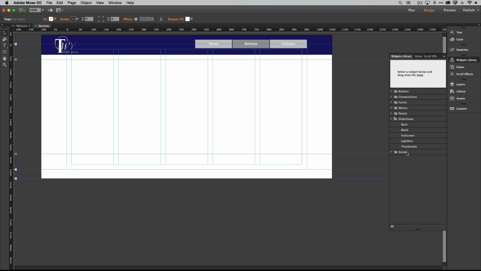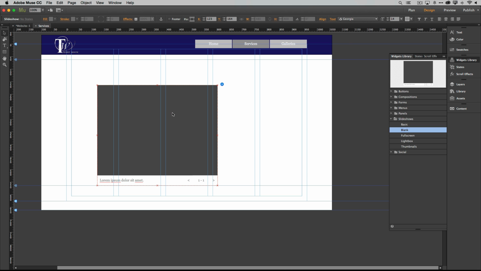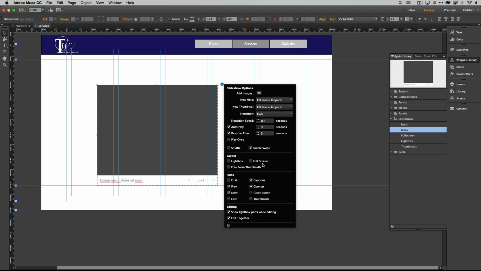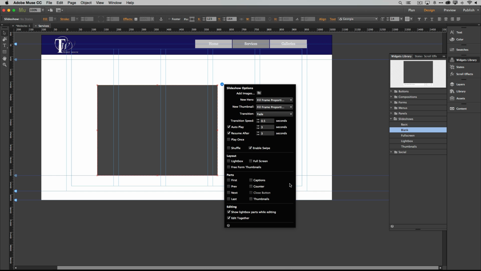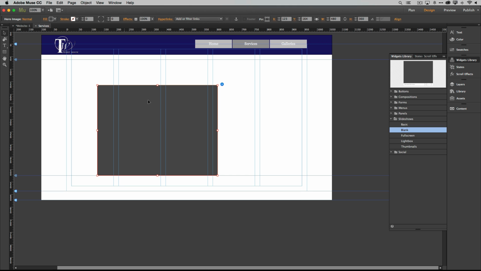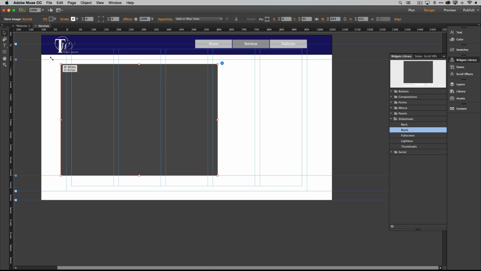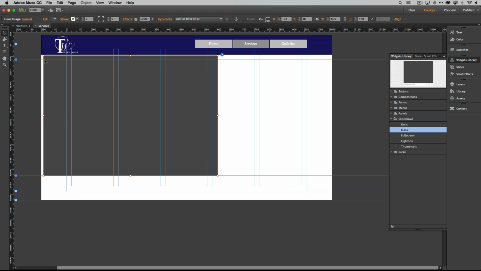Well, you can grab any one you want, except full screen, obviously. Let's go ahead and do blank, because I just like to start off with nothing. Now I'll grab the blank slideshow. I'll turn off all the stuff I don't want: captions, counter. We can have previous and next buttons if we want, but actually I'm even going to turn those off. And now what I do is simply reshape the container for the slides to be up here, and more importantly,